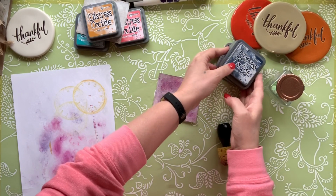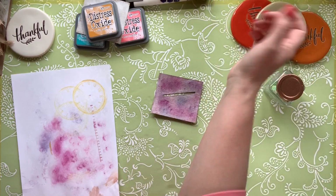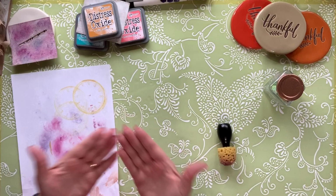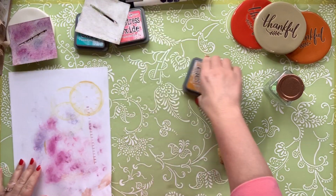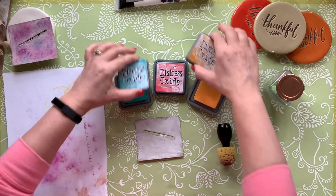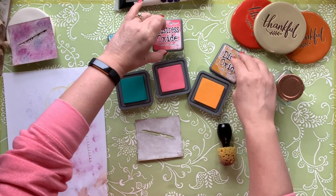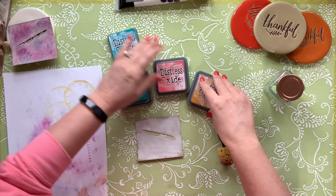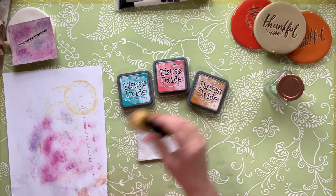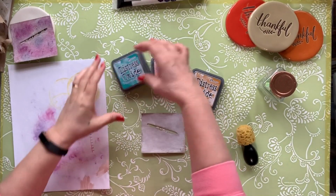Okay, so there's that stack. I'll move these over to the side. Set that aside to dry, which it's pretty much dry anyway by now. Now this one will probably be a little more colorful, but I am going to put you on pause so I can go wash out my sponge just to make sure I don't cross-contaminate my inks. Okay, let's move on to our second